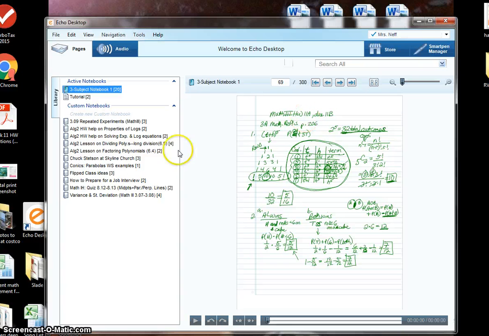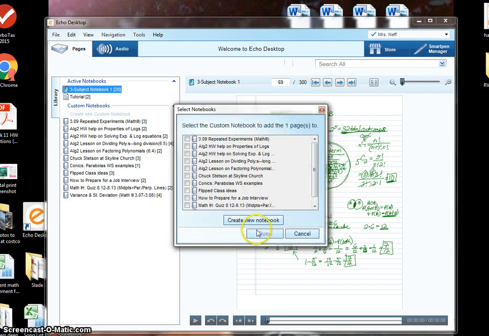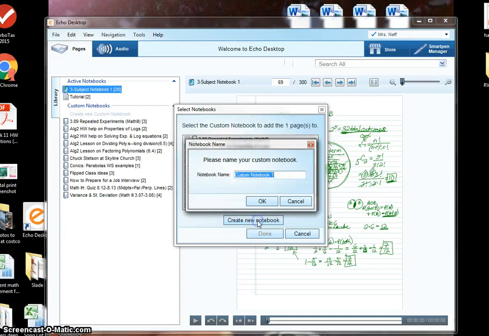To save it to a file name like this over here, I just right click and say add to custom notebook, and then I'm going to create a new notebook. If I wanted to add some pages to a previously recorded one, I just select one from that list there. I'm going to title this one, this was homework help for Math 3